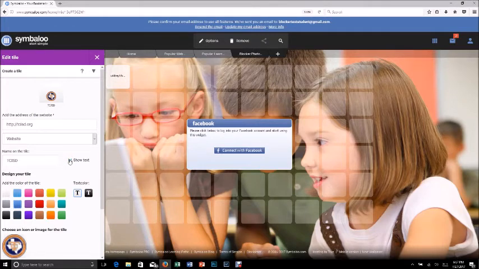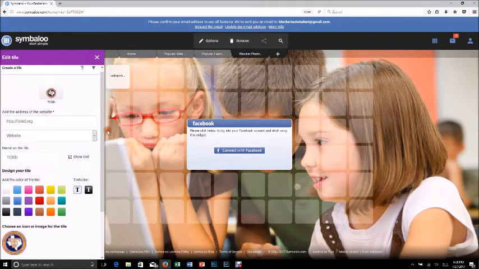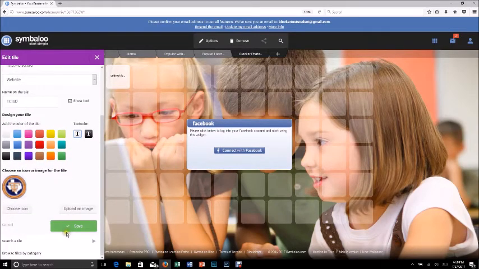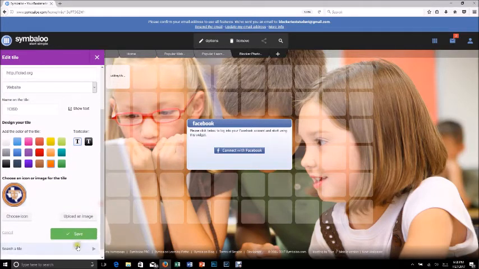So go ahead and click that, and the label shows up here, and you see that I have the icon for the district. It found that icon, it recognized it, and I can either go ahead and use that icon, or I can choose a different icon, and I can also choose the color of the tile. For instance, because our district colors are orange and black, maybe I want to make that tile orange. So I just click on the color, and then I scroll down,